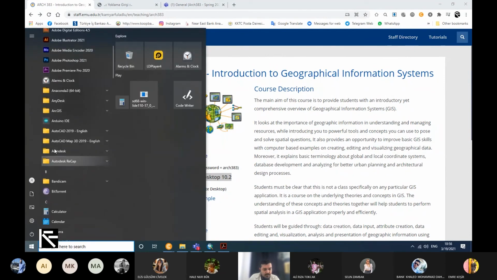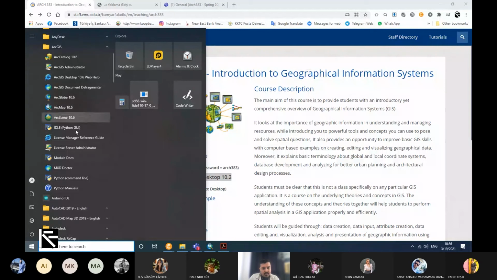Yes, if you just install it, it doesn't matter which version, you will get the following parts. The ones for administration, the ones for documents: ArcGlobe, ArcMap, ArcScene, the Python application interface. This is a help or almost a license manager user guide. We have a license service. Again, we have some modules, which are in collaboration with Python. We have MXD Doctor, the program which helps us fix our MXD file, and we have a Python